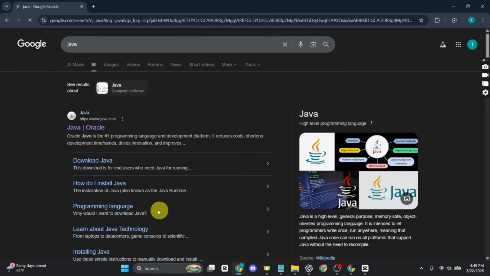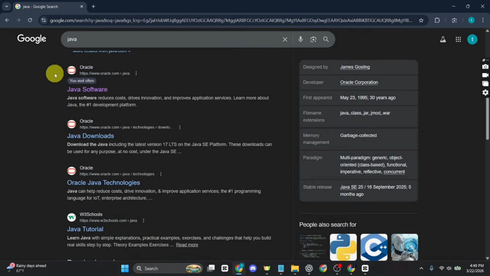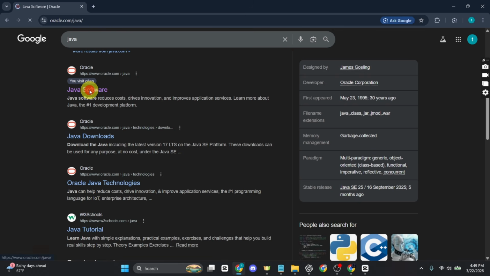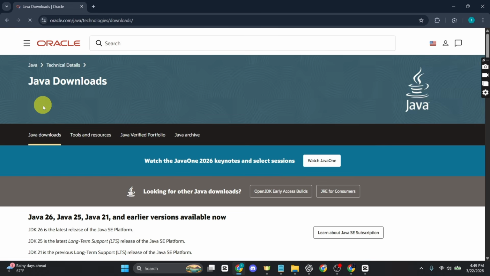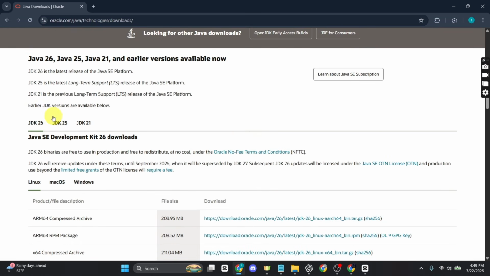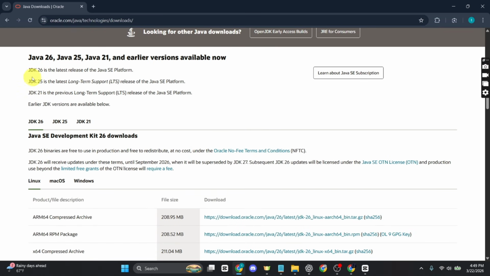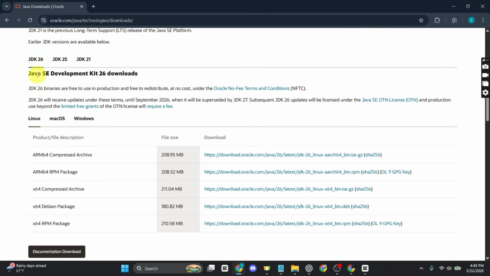and hit enter. Scroll down until you find the Java from Oracle and just click on the website. From here, just click on download Java and scroll down and you will see the latest versions which are available right now. And as you can see, JDK 26 is the latest version, so we will go down and select